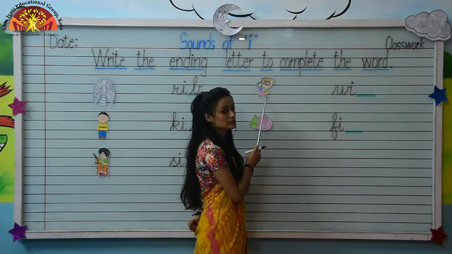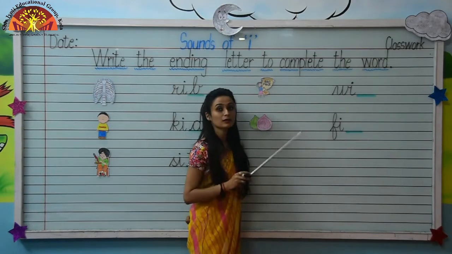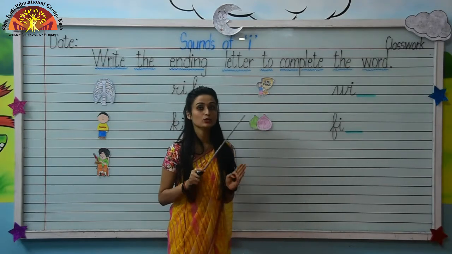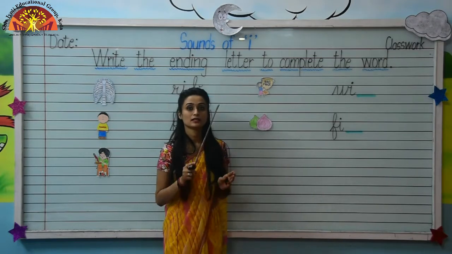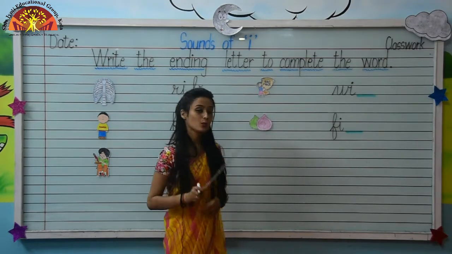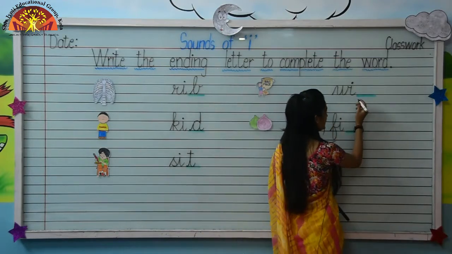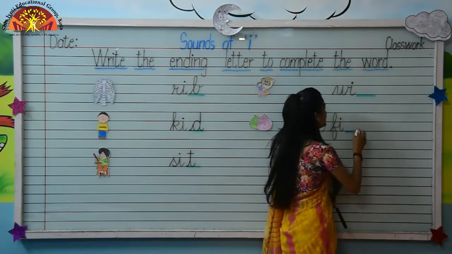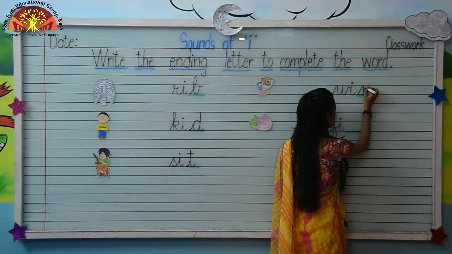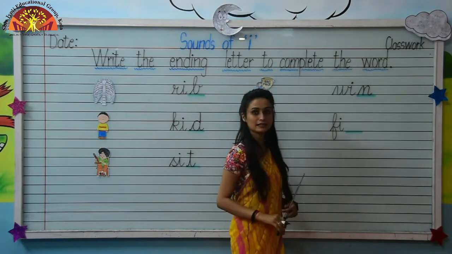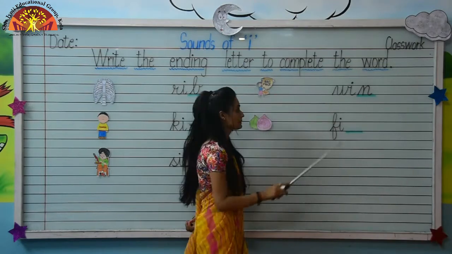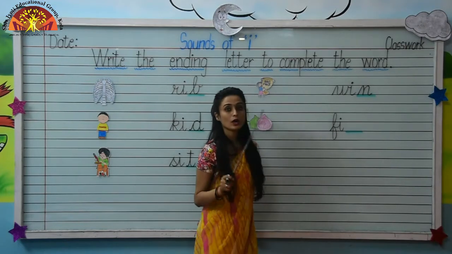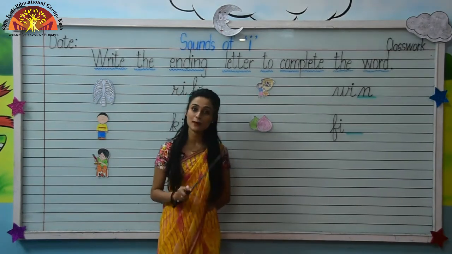Tell me, what is this? Yes, this girl is having a prize, so she is a winner. What is the spelling of win? W-I-N, win. Let's complete the whole spelling. W-I is already written. Which letter is missing? Letter N. So you have to write it like this. Now the whole spelling is W-I-N, win. Yes, you all are absolutely right.